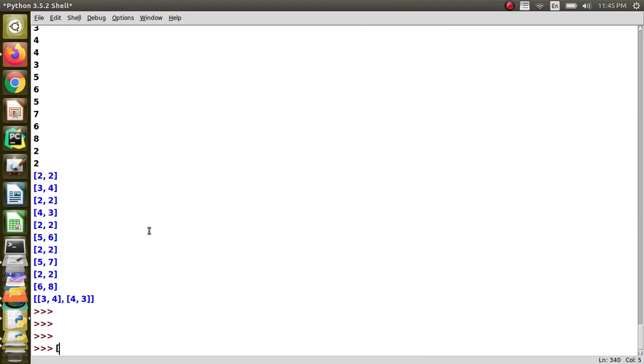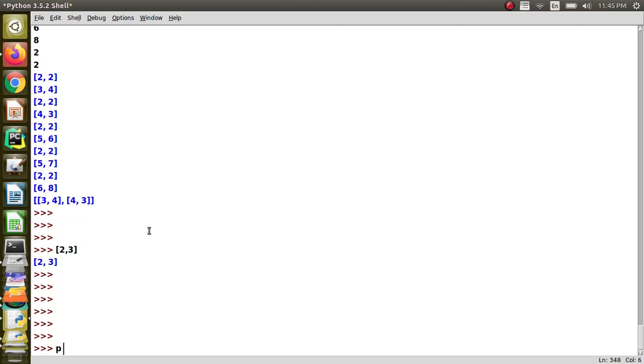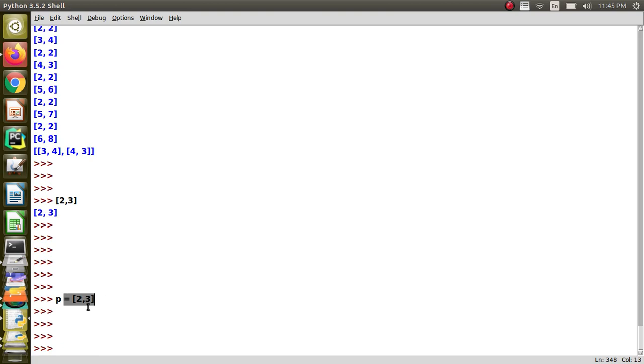What we are going to do is, for example, if I want to represent 2, 3, here 2, 3 is a point. I will say P is equal to [2, 3]. I am going to use a list of size 2 for representing each point. So to represent the set, it's a mathematical set, I am going to use a list to represent the points.